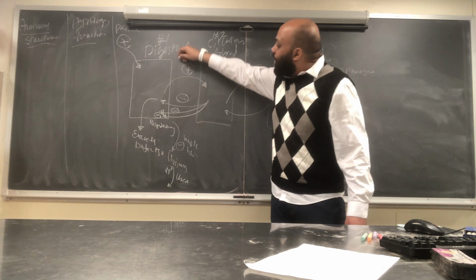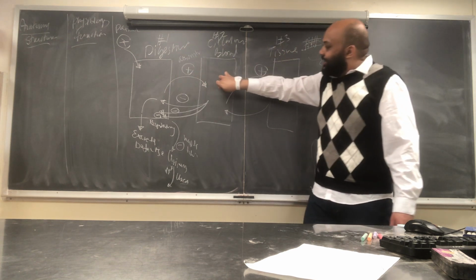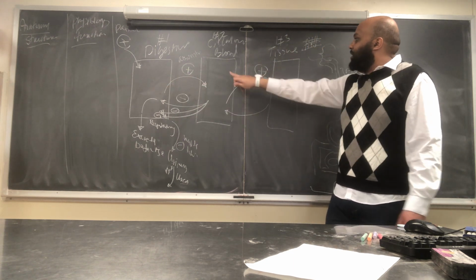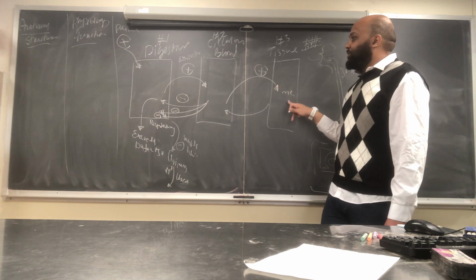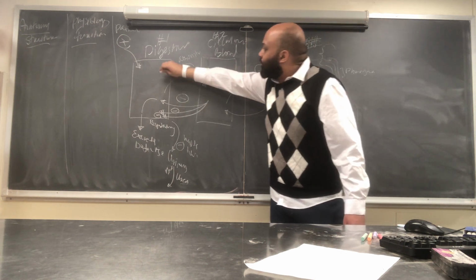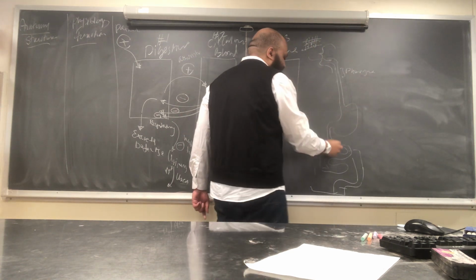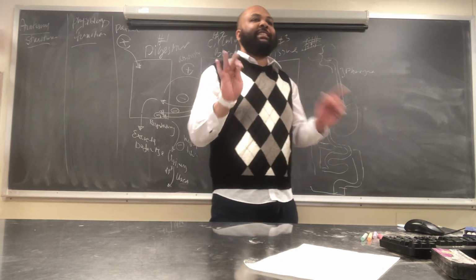So failure of absorption is the admission ticket. Once you are absorbed, then you will enter the blood compartment, and the blood compartment will deliver you into the tissues. But if you have not been absorbed, you are here and you will leave. You are in the intestine, and then you will leave through the rectum. So you actually are essentially still outside.